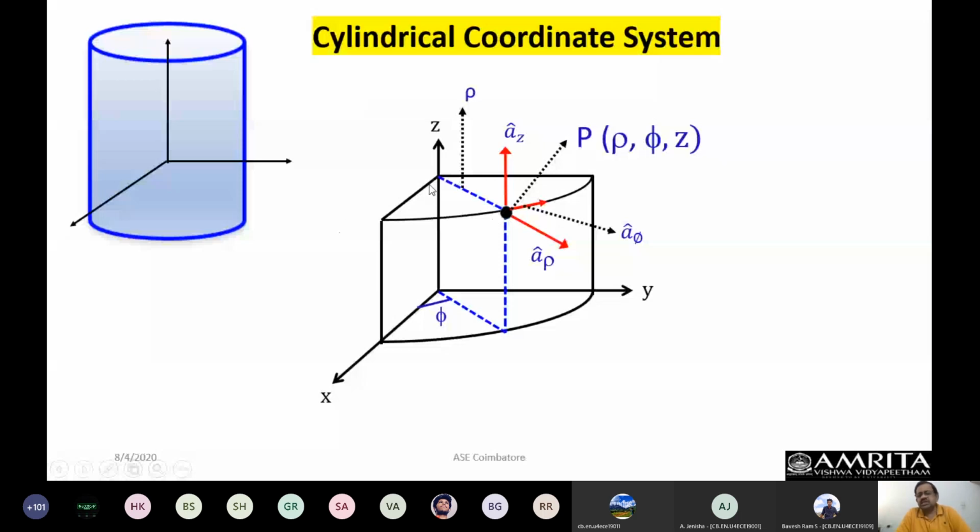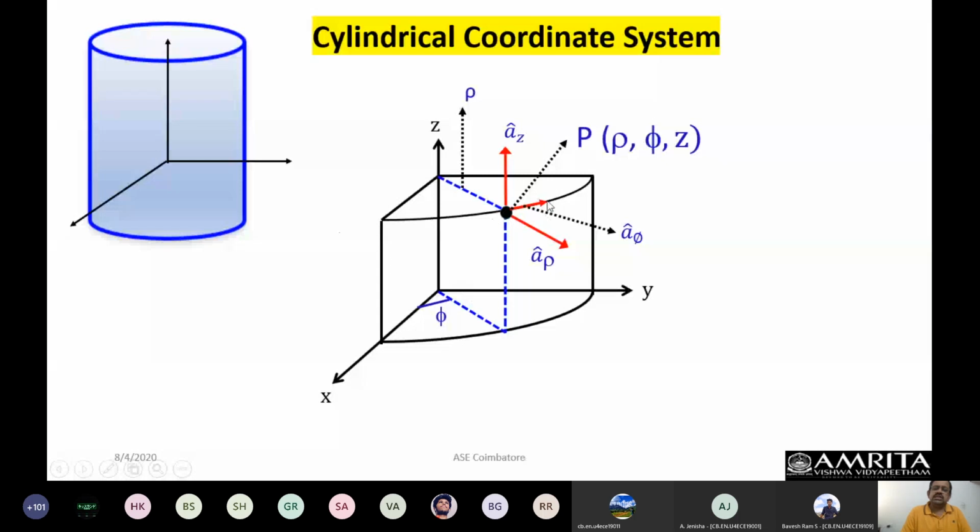So right now you can see the definition of the three things. One is what I said, the three coordinates are perpendicular to each other. You can see the unit vectors perpendicular to each other here. So what are the unit vectors in cylindrical coordinate system? It is going to be a rho hat, a phi hat, and a z hat. Again, a phi you can see the unit vector because my angle is taken with respect to x-axis, in anti-clockwise. So when I go anti-clockwise, the direction of the arrow is going to be like this. Therefore, the unit vector is along the increasing value of phi.